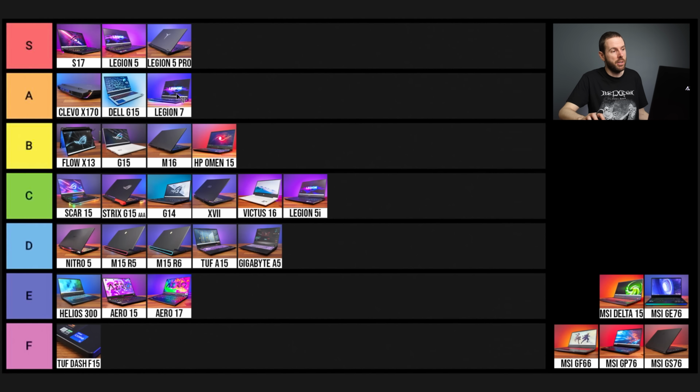It's got more features, and yeah, that RGB light bar on the front is something a lot of people want, I'm sure. Basically, I think a lot of the things that the Legion 7 has compared to the 5 Pro are just extra bells and whistles that aren't really critical, like that RGB lighting, and I think one of the ports on the right is Type-C instead of Type-A. The chassis is a little different, but overall in terms of the feature set, basically you're paying more for some small features. But the real reason that I'm putting the Legion 7 down a tier from S is because of that